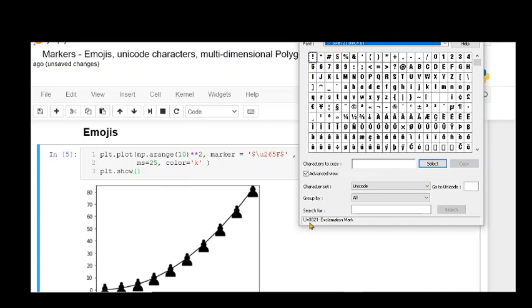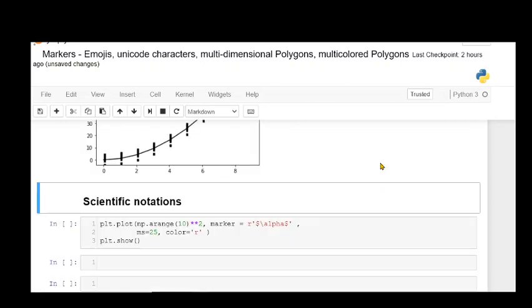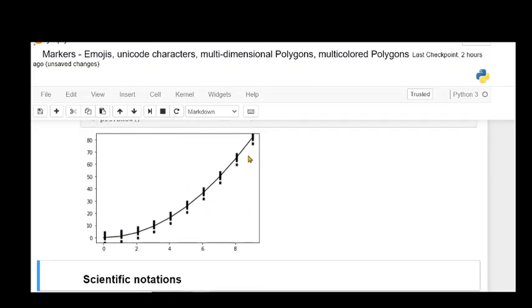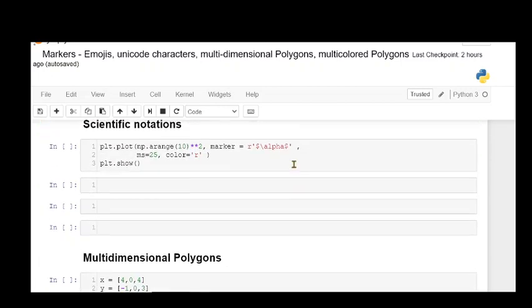So for the exclamation mark, it is 0021. So let's say 0021. Okay, those are the exclamation marks. So you can use it in the marker within this dollar symbol, which is your LaTeX kind of a symbol. And I'm not passing this as raw text. It needs to be as a \u. It will expand this as a Unicode character. Okay. Then let's move to scientific notation.